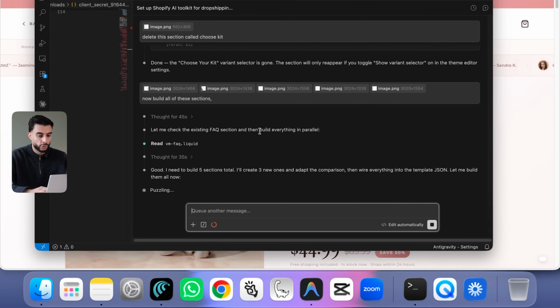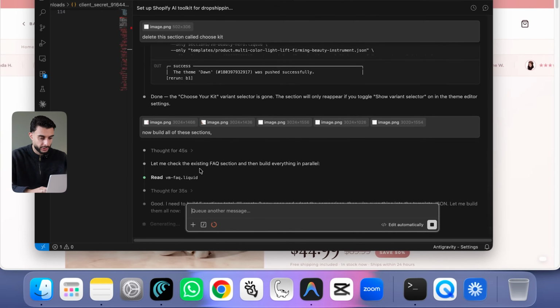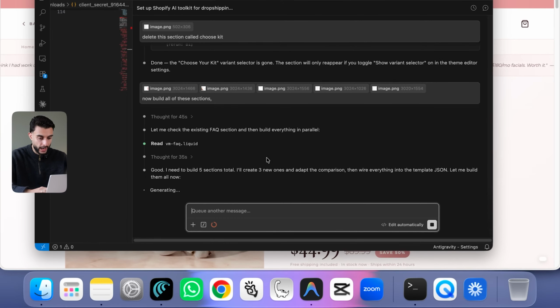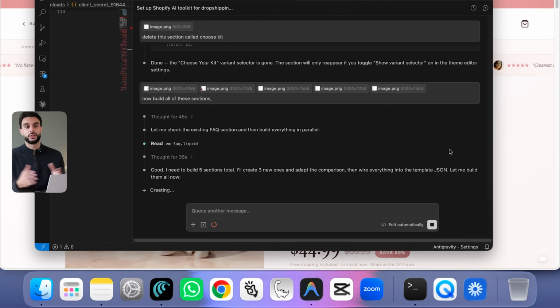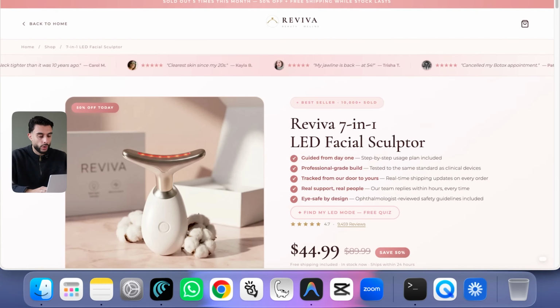So now you can see it's running all of the sections in parallel. FAQ section, comparison chart section, all being done in parallel. You can see it building 5 sections all in one go. The thing is, once you've got the hero section done, guys, the rest of the sections get built very, very quickly. So now, whilst we're waiting for that to carry on working, we're gonna